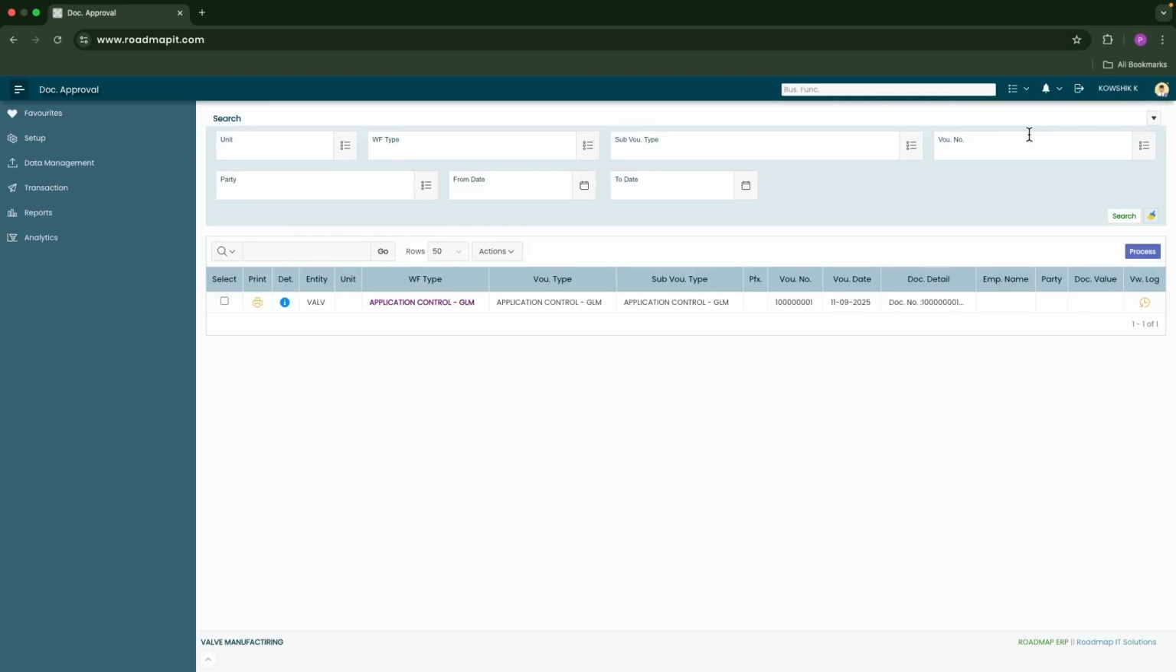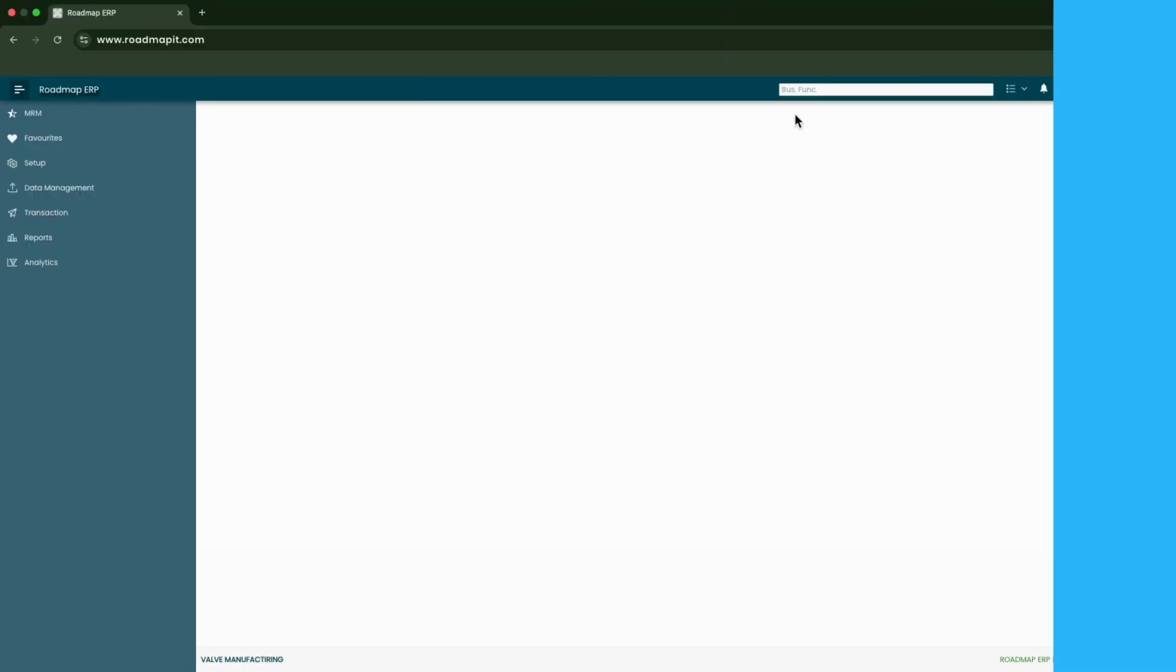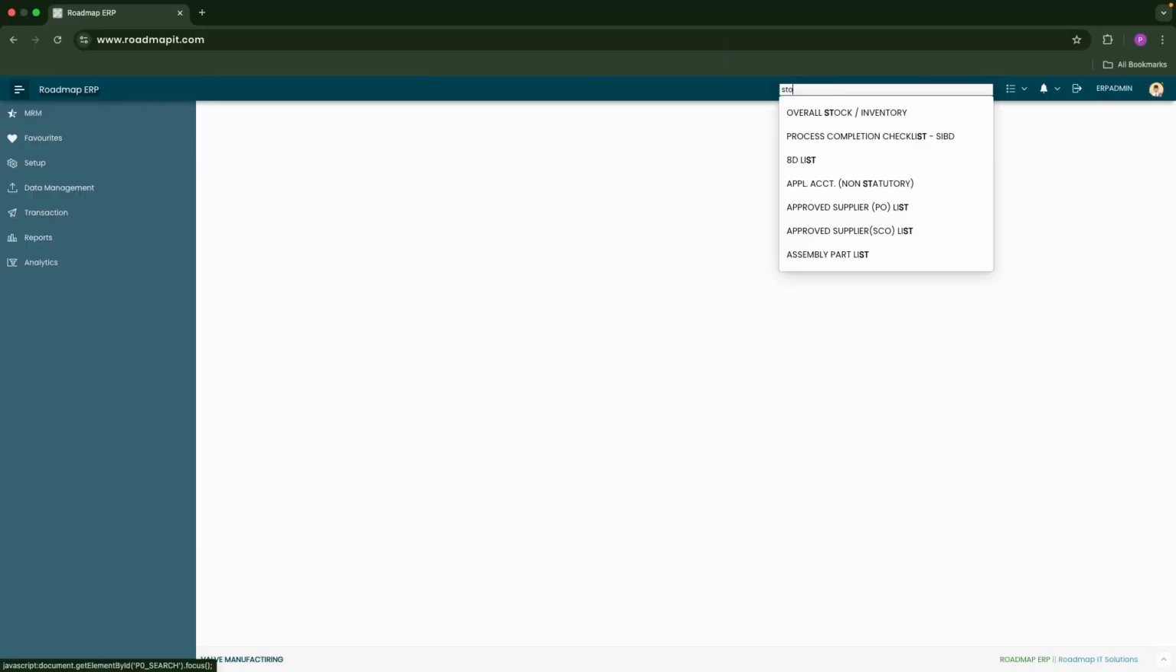Now the complete subcontracting order process is completed. So we have completed the production completion of a subassembly item through the subcontracting process. Let me show you the stocks of the item. Let us navigate to the stocks,